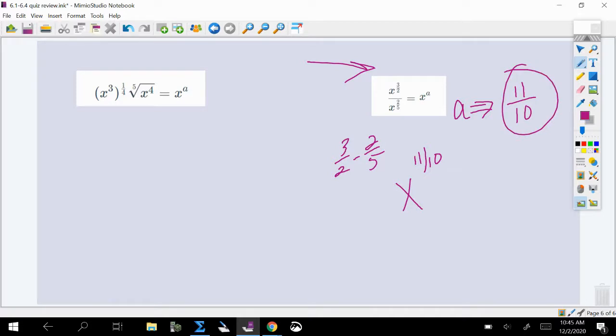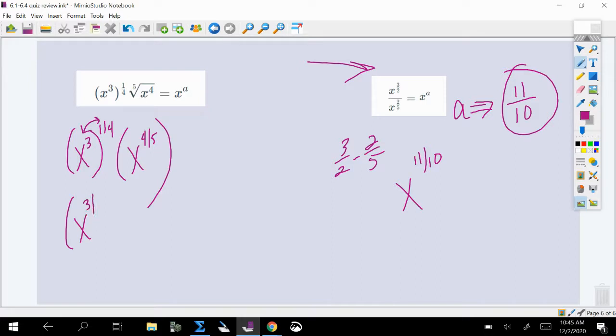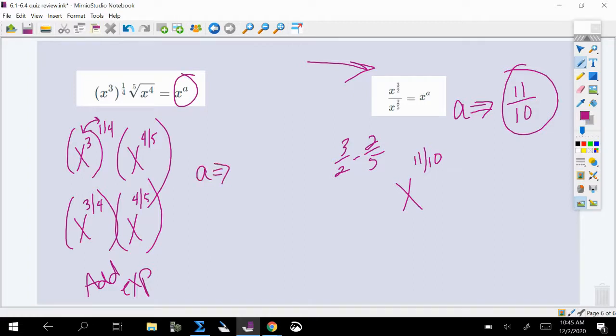Same thing on this one, the first one. This one's just a little more complicated. I'm going to rewrite the radical first. So I have x cubed to the 1/4, and I'm going to rewrite that as x to the 4/5 power over root. I'm going to multiply these powers together. So 3 times 1/5 is 3/5, 3 times 1/4 is 3/4. So I have x to the 3/4 and x to the 4/5. Again, I'm going to grab my calculator and add the exponents. And that's going to be my answer because the answer wants to know what your a value is. So I'm going to type in 3/4 plus 4/5, and I'm going to convert it to a fraction, and I get